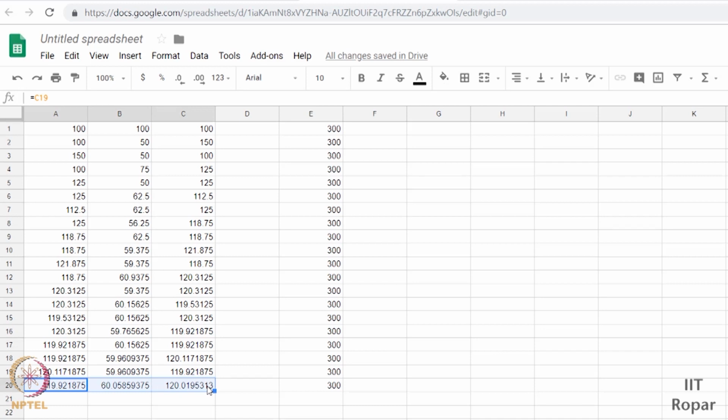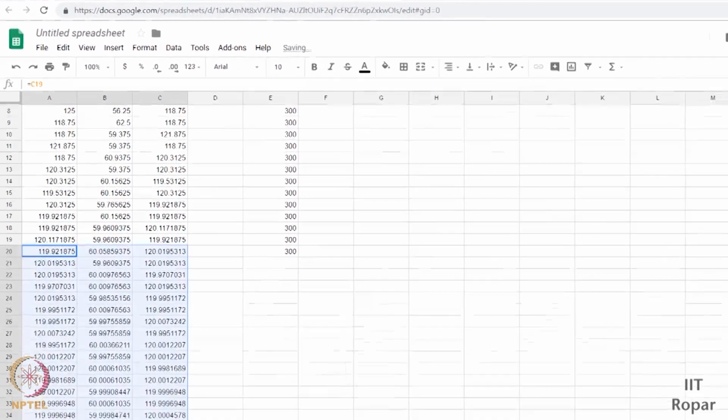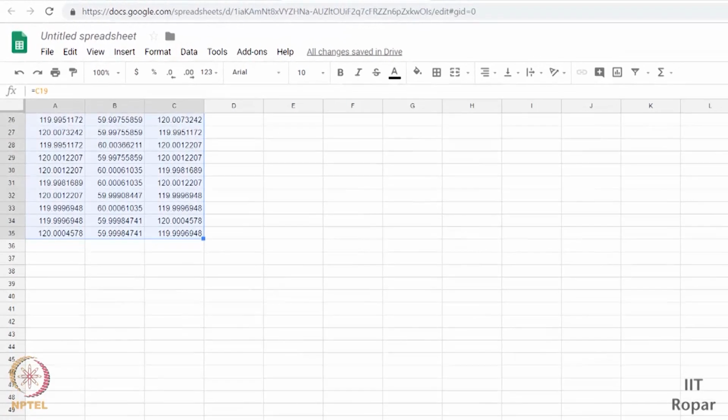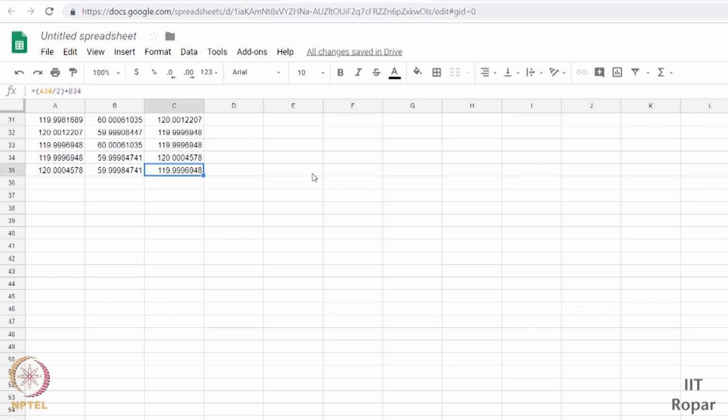I mean, we had checked by 10 iterations, right? First we check for the first 10, then we check for 20. We keep on checking like this. So let us check for a lot of iterations. Okay, so I have checked for some another 15 iterations. So it appears to converge, but yeah, here it is 119.99, 120 point something, 59.999, 120. It appears to converge. Okay, let us further extend. Let us see what happens.